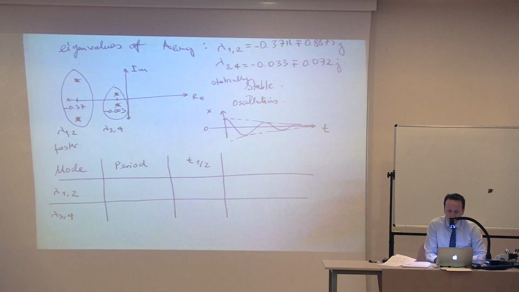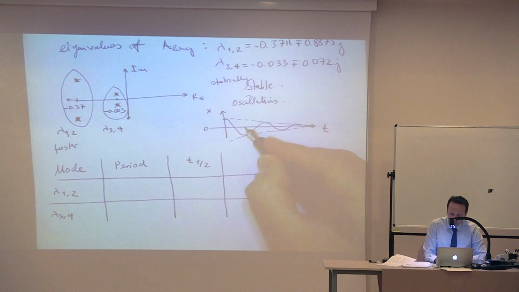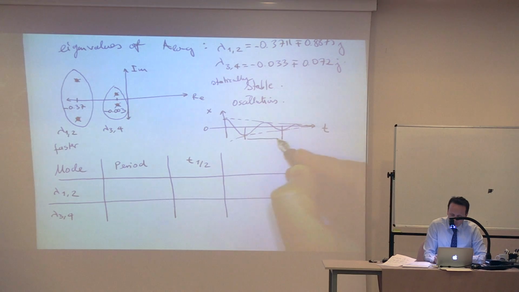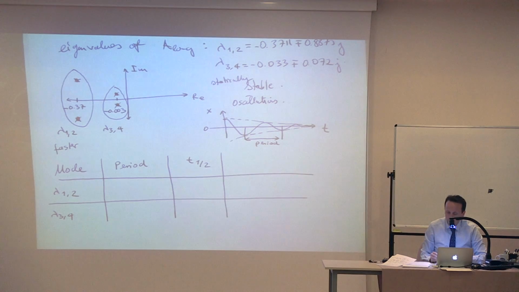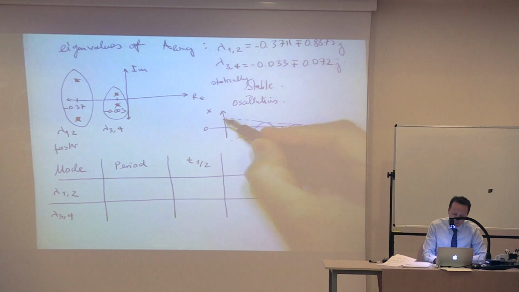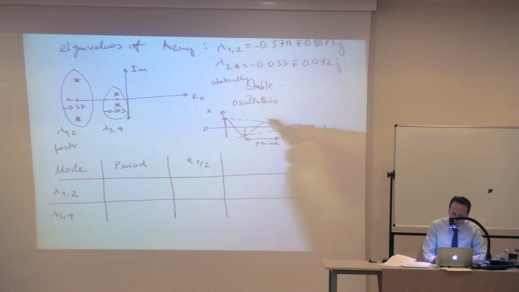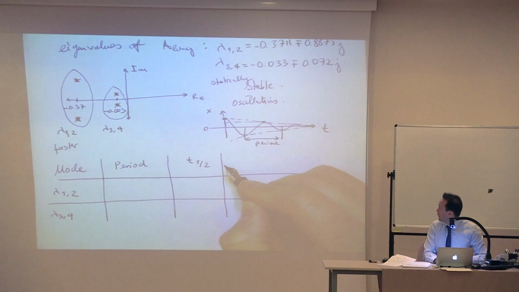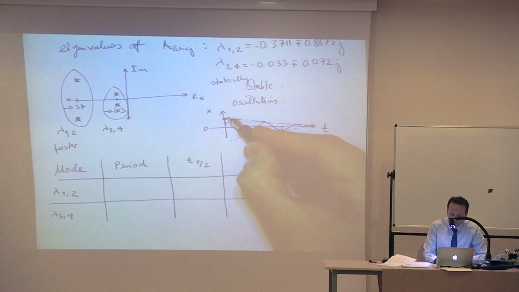So what I'm really interested in, a few things. One is the period. What is the period of this oscillation? Okay, so you could look at this. Like this is the period of the oscillation. How many times it repeats itself. And then the halving time. So if this is like x, how long does it take? What's the time for it to halve the signal? Okay, let's say it's halved somewhere here. So what is the time required